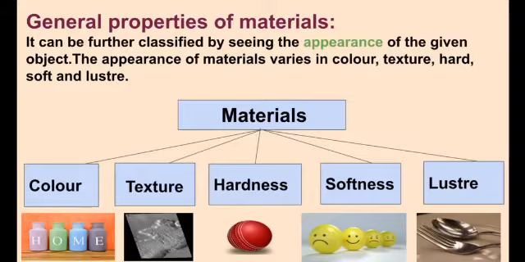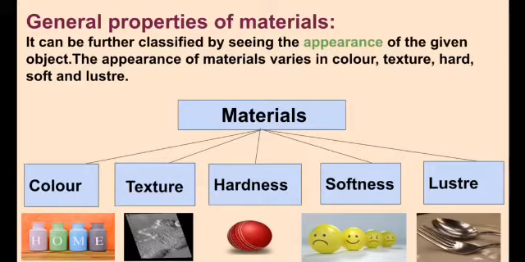Now luster: objects can be divided into lustrous and non-lustrous objects. Like if I take the example of the spoon and fork, you can see a picture in the spoon. Because it has a shiny surface, it is a lustrous object. And if the thing does not have a shiny surface, it is called non-lustrous. Like the example of graphite. Graphite is non-lustrous because it does not have a shiny surface, okay. So that is a non-lustrous object.